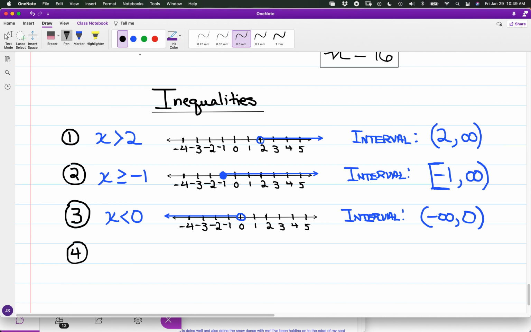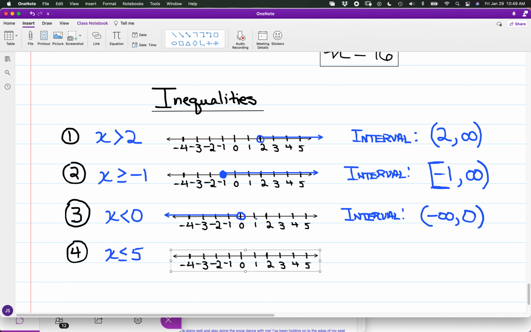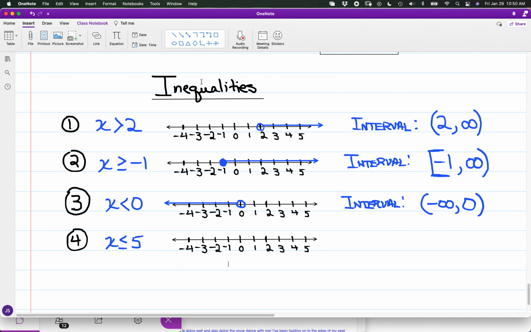And if we have, let's say, another single direction inequality, if I have that x is less than or equal to 5,